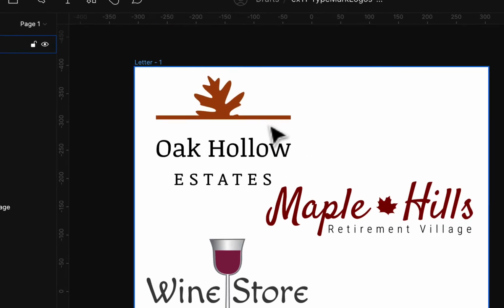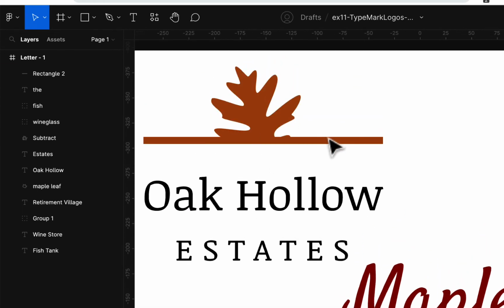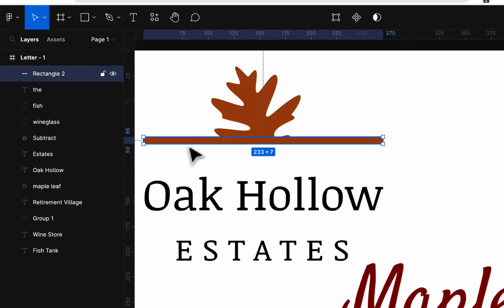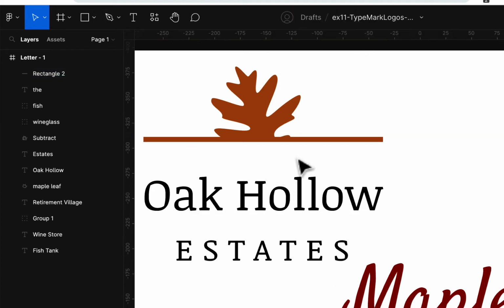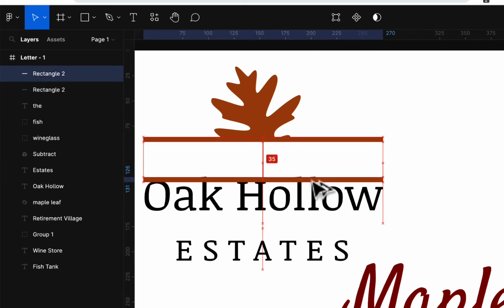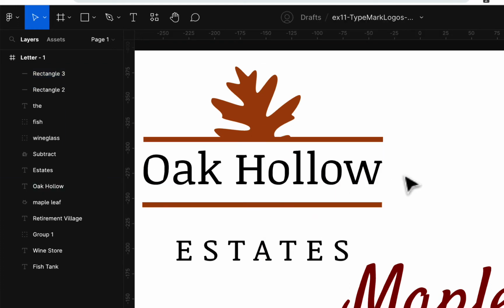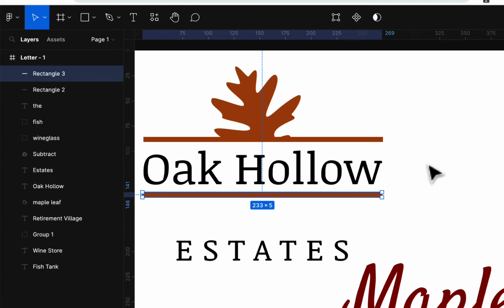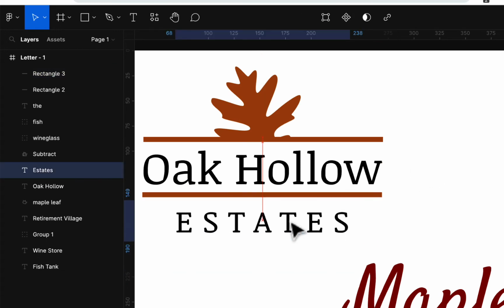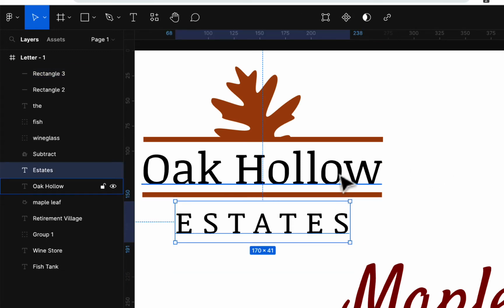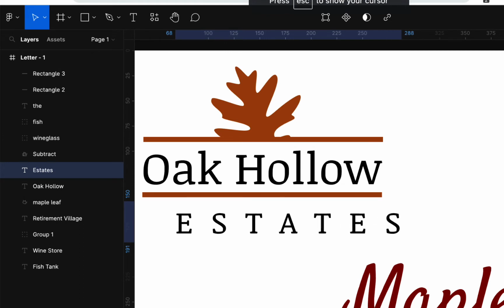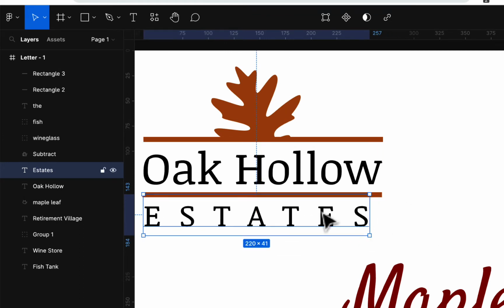Now I'm going to zoom in more so I could kind of scale this down a little bit. You could use a stroke here for this too, but I'm going to use this and kind of scale it down just a little and make a copy of it. And then you could use this Oak Hollow to kind of fit in there like a little banner almost. And then Estates, I could take this, and let's see, this is Notitia text. I would just spread this out more. Using this, maybe spreading out the whole distance down at the bottom